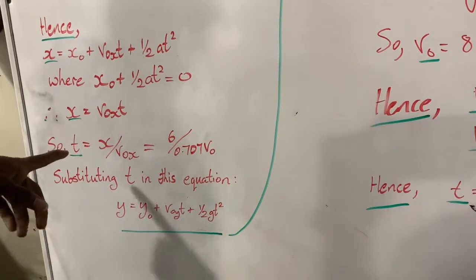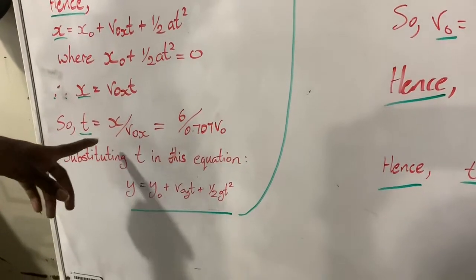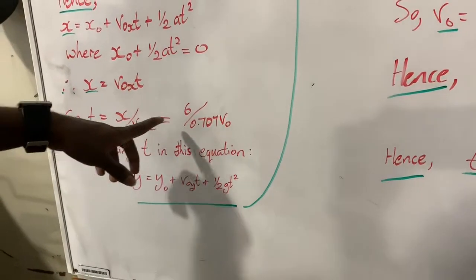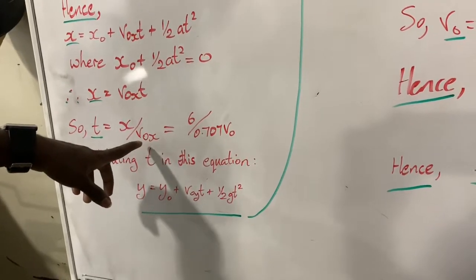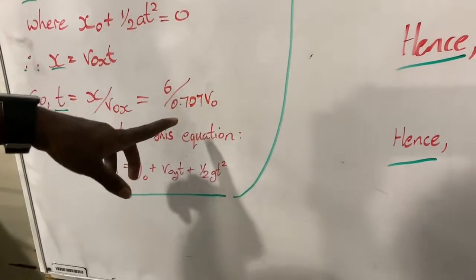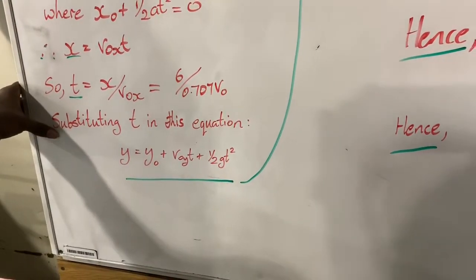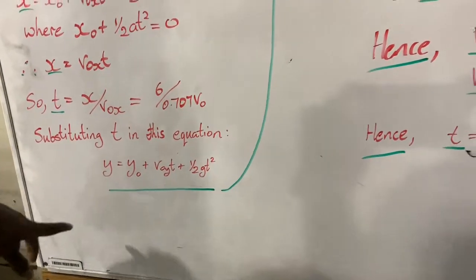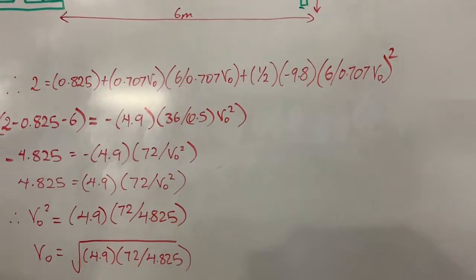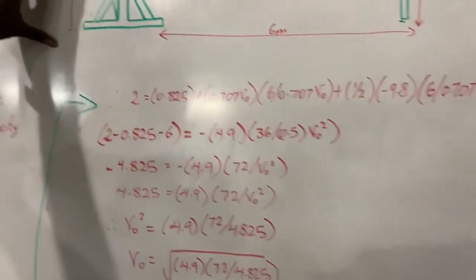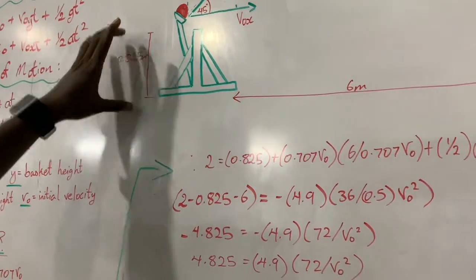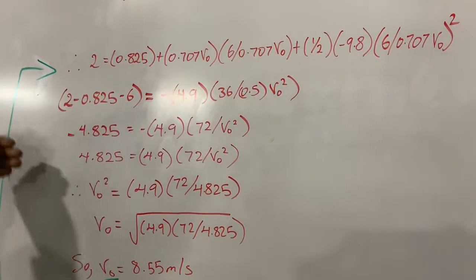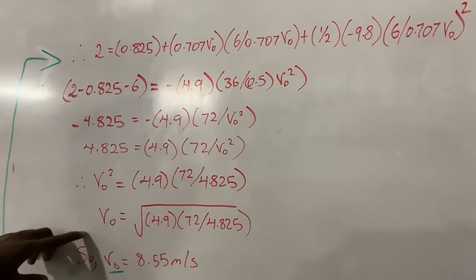We manipulated the formula and we found that t was equal to X over V0x, and X is the distance from the basket, which was 6 meters, and we found that V0x was equal to 0.707 V0. So following now, we substituted t into this equation, the other kinematic, and we found a value for V0. So the height here was 0.825 meters, so that fit in here, and we substituted all our values. We did our basic maths calculations and we found a value for V0,